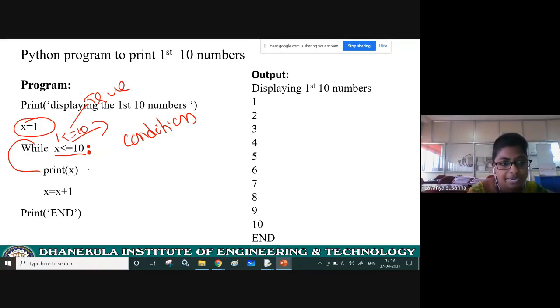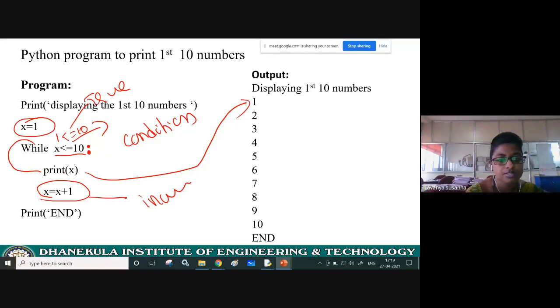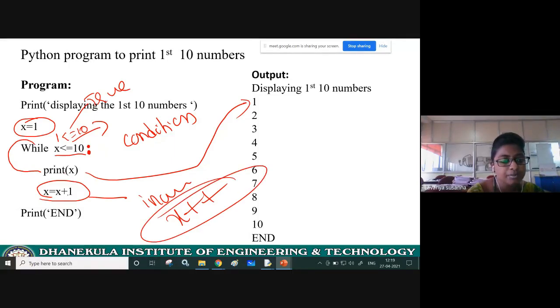Okay, see here, print x. Now one value will be printed. After that, x equal to x plus 1. In Python, there is no increment statement, no post increment or pre increment like x plus plus. You cannot give it. You need to use x equal to x plus 1. Now the x value is incremented to 2. Again control goes to the condition. 2 is less than or equal to 10, true, right? When this is true, control comes inside the while loop. Now 2 will be printed.